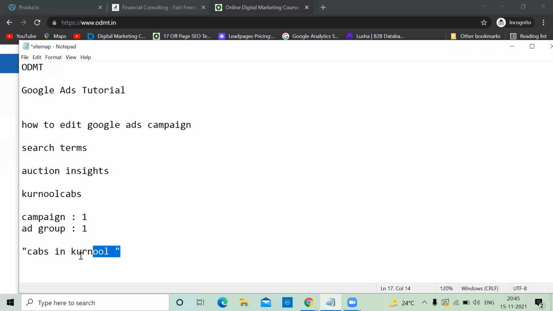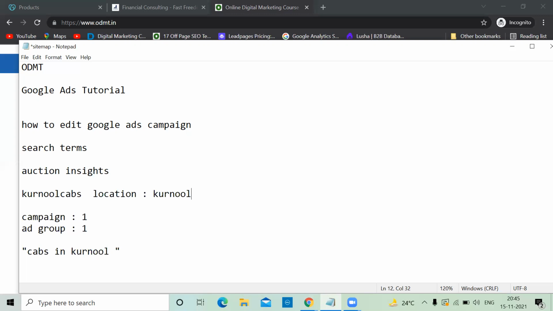Now, I told Google that when someone searches this keyword, show my ad. And the location I targeted is only Kurnool, that particular place, not any other place. People who stay in that place can see the ad.